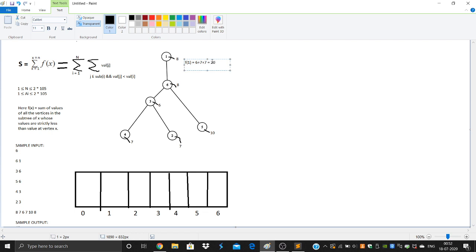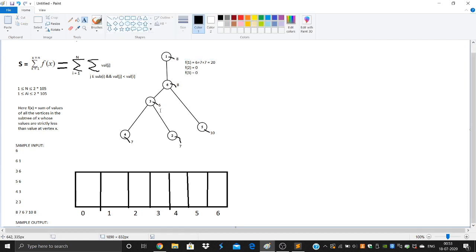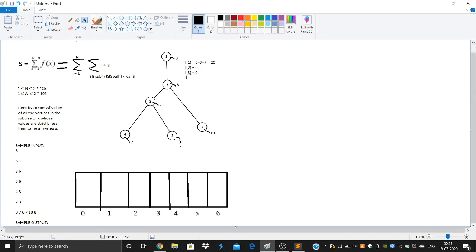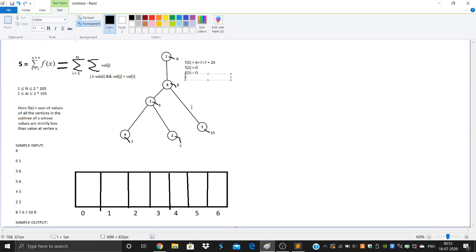What is the value of f of 2? As we can see, 2 is a leaf node, and so it will have 0 contribution and it would be 0. f of 3 again would be equal to 0, because as you can see the value associated is 6, but the numbers in the subtree of 3 are 6, 7 and 7, and none of these are strictly lesser than 6.